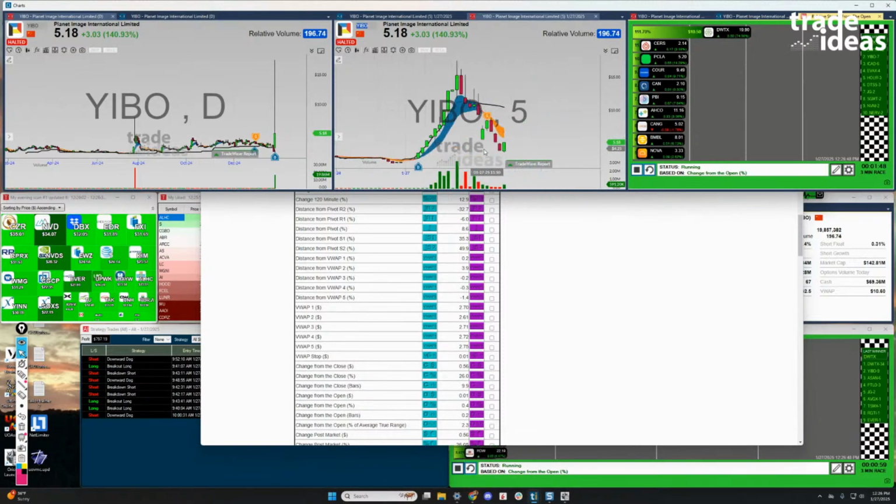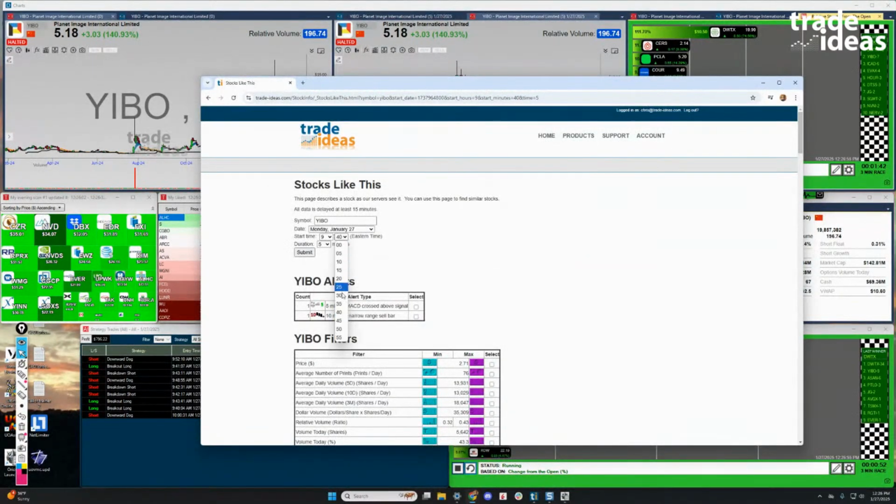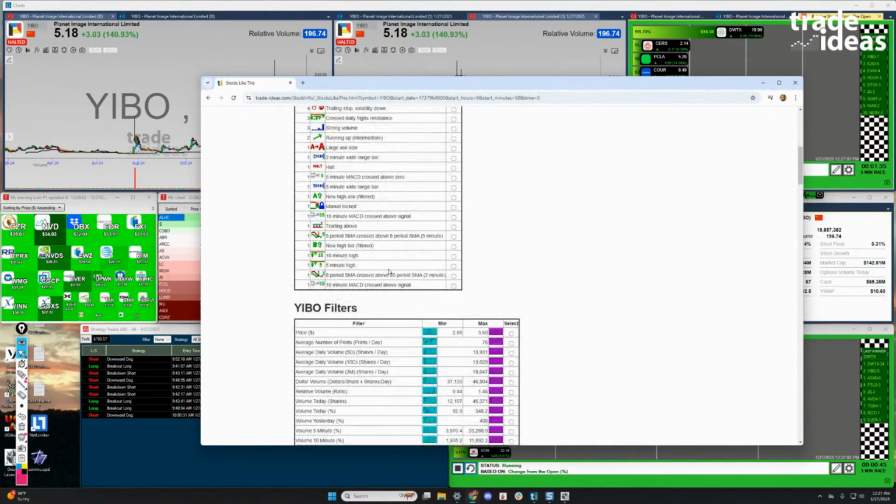And so this thing actually didn't really get going until a little bit after that. So let's change this, right? Let's change this out. Let's go with 50 here. It didn't get going until a short bit after that. Now look how many alerts it met then when it really started cooking, right?